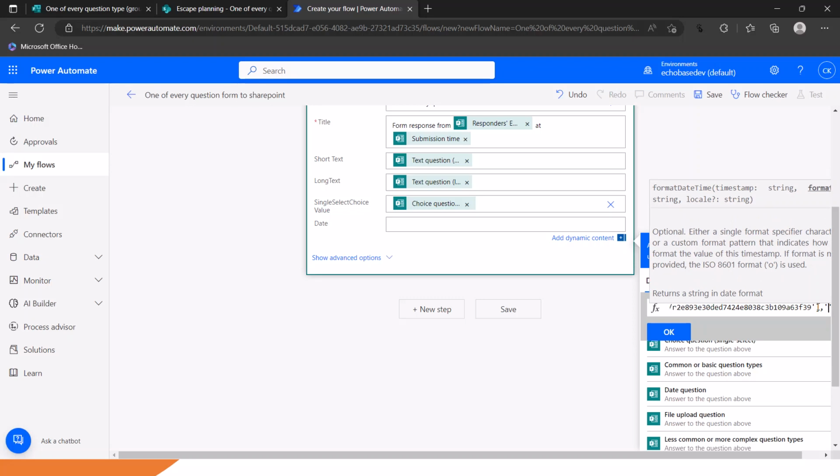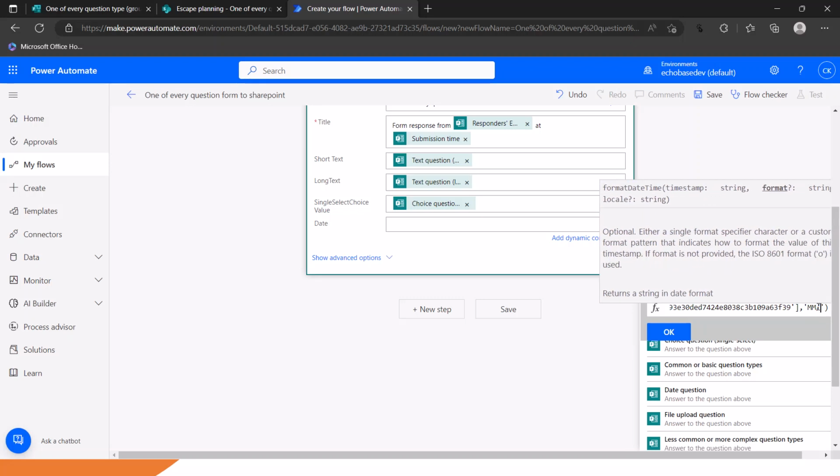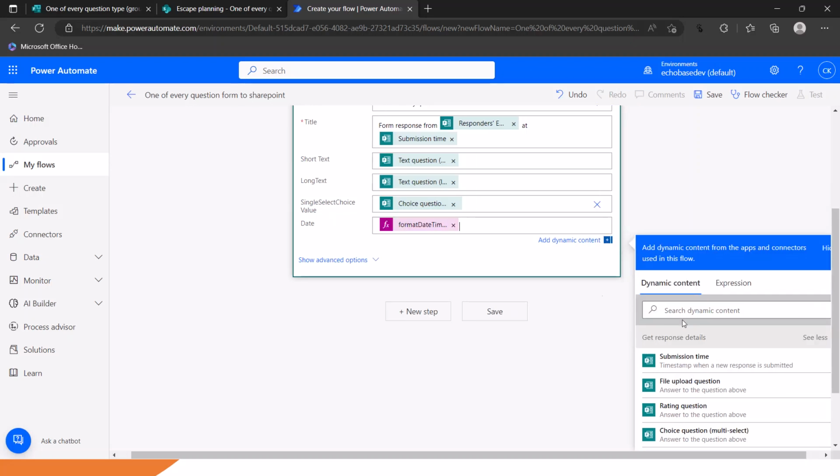So we'll go with capital M for month, small d for day, actually it needs to be dashes, I believe, and then 4 Y's for a 4-digit year. So we'll click OK. So basically that expression is just saying take that response date and put it in this format just to be sure that it is accepted as a proper date and time. So we can hit save,